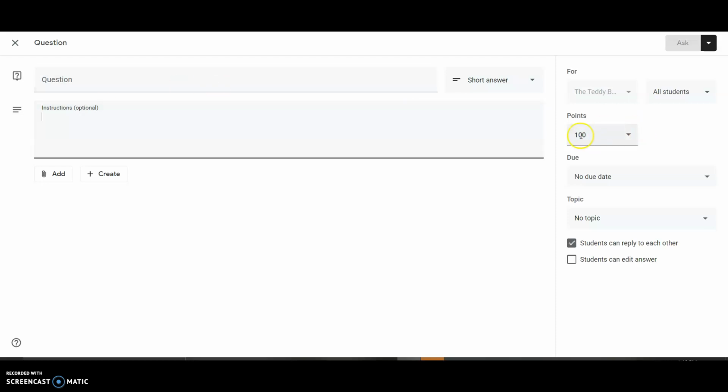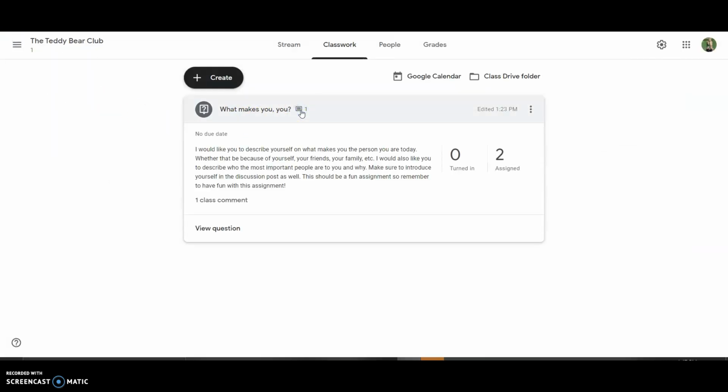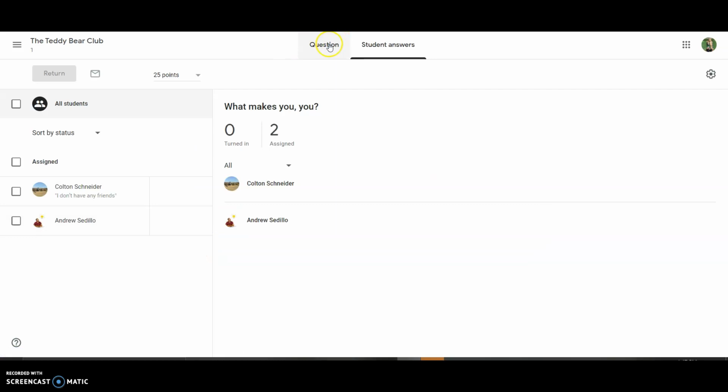I then went over here and I changed the points to 25, and then I didn't put a due date or a topic, but I did make sure that this checkbox was clicked so the students could reply to each other. Then after I created the discussion, so here's the discussion here,